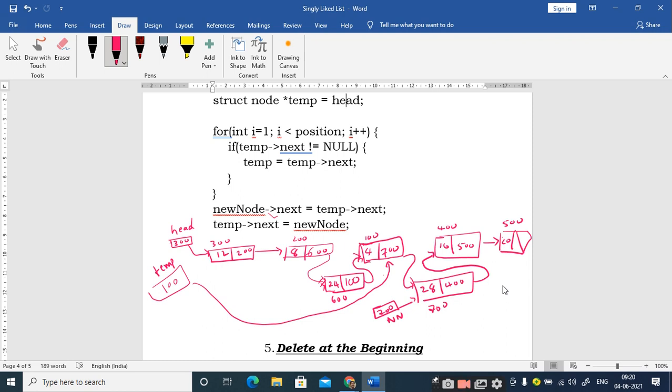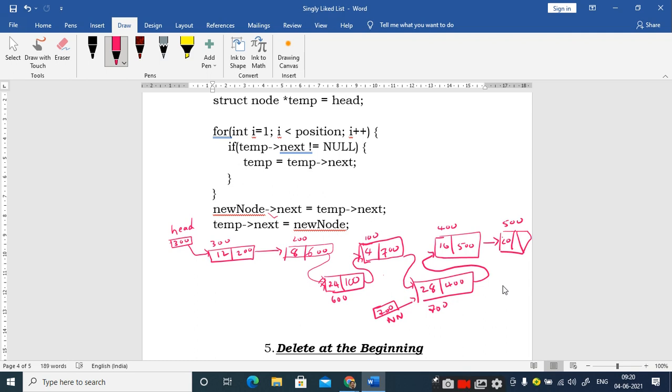Now we are going to enter into the deletion part. The first part is deletion of a node at the beginning, right? It's a very simple step, only a single step is there, but I'll tell you what happens when you implement it with only a single step, right? It is a clear concept, and there is a disadvantage of this single step deletion process at the beginning. This particular coding is only for the beginning, right? How we can delete the node from the beginning of the linked list.